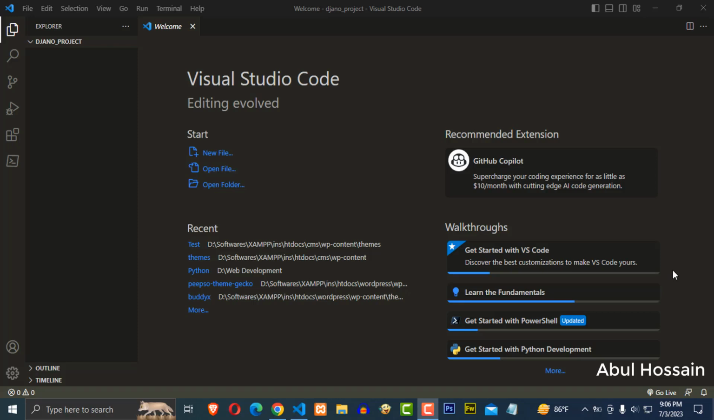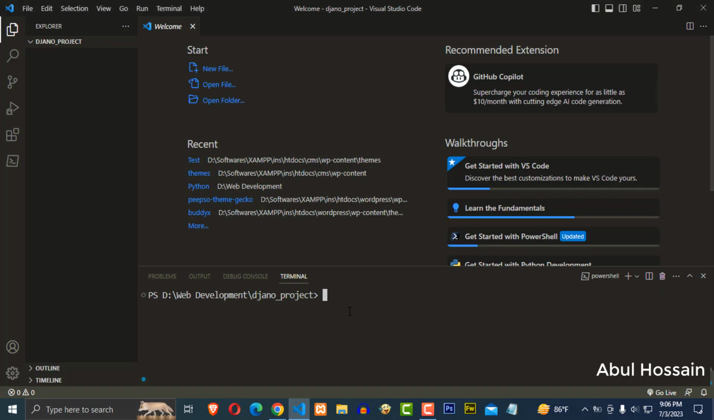So I have my IDE open, and I'm going to open my terminal by holding down Control and backtick. And there we have it. As you can see, my path is on my D drive, in web development and the Django project. The Django project is simply a folder I have created somewhere in my D drive, and everything relating to Django I'm going to be